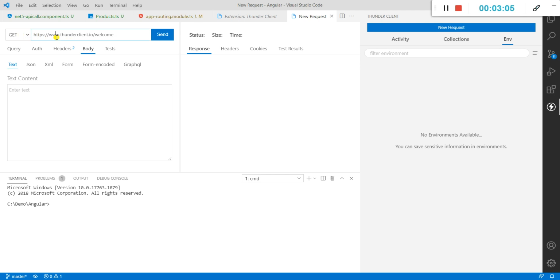Open Visual Studio Code, paste it here and click on send, because we are using the GET operation and we are not providing any request body, just the URL and send. And see here is your result, and we'll change the ID and see the result.